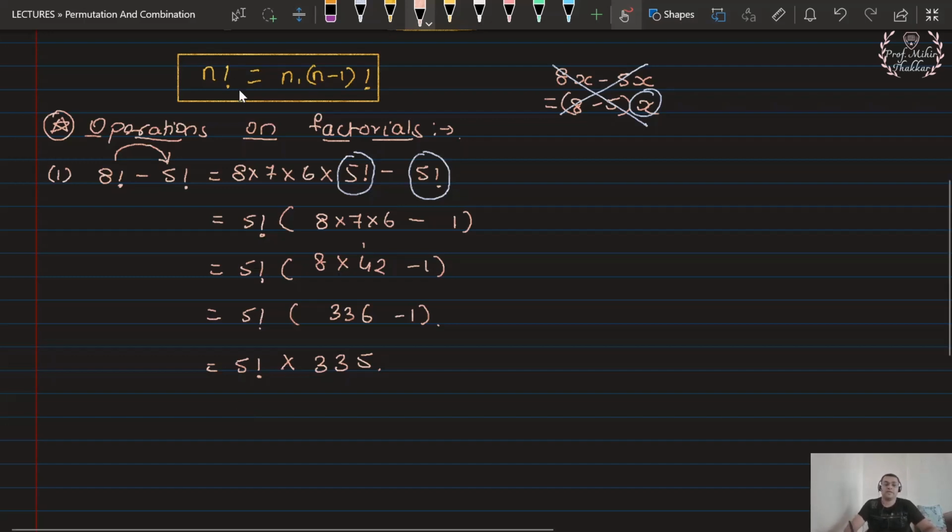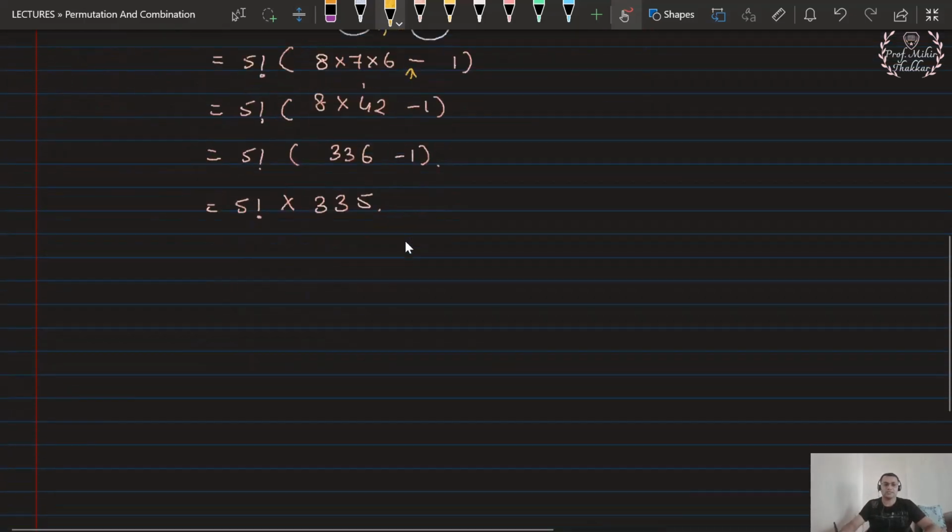That was for subtraction. A similar property can also be applied for addition. If I want to add two factorial values, again you will be doing the same logic. There is no different way for addition. Just instead of subtraction in between, I will put the sign of addition, but that will be the only change. Let us see the second kind of operation, division or multiplication.